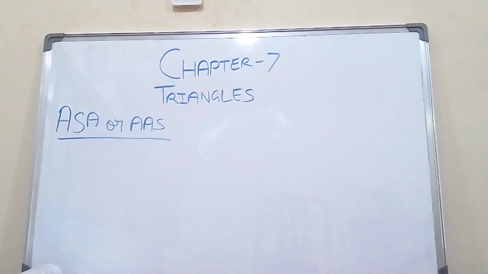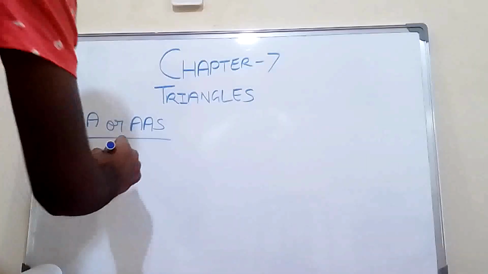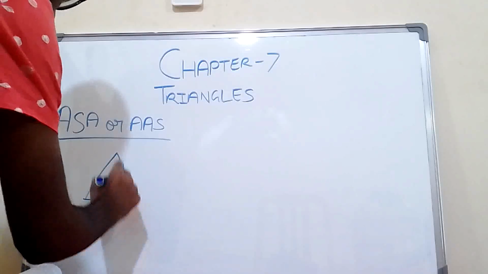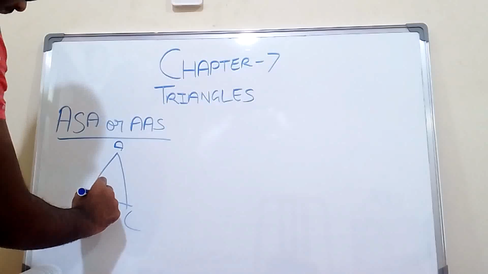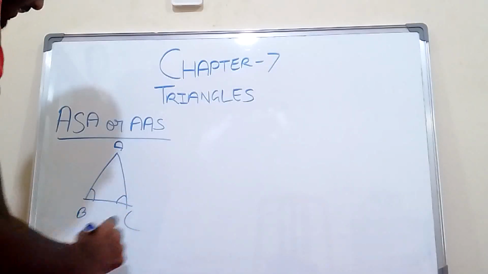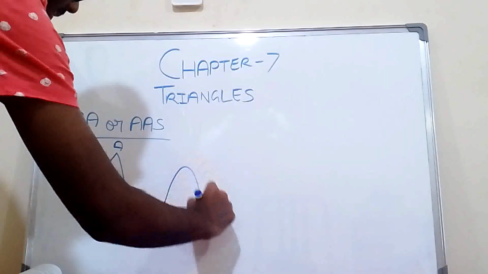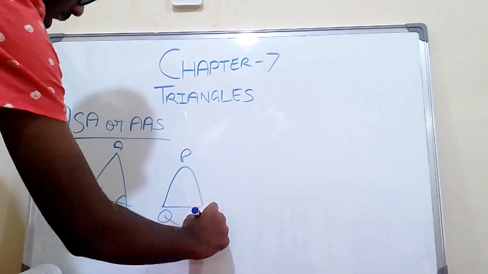Now coming to the next criteria, that is the ASA, also known as AAS. It means that if two angles and one side of a triangle are equal to the other two angles and a side of the other triangle, then they are congruent. For example, if we have ABC again, and we have angle B and angle C, and here PQR,